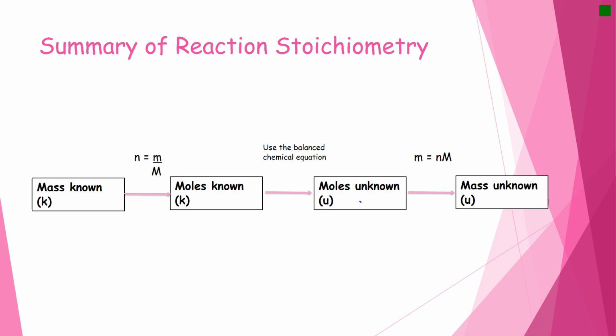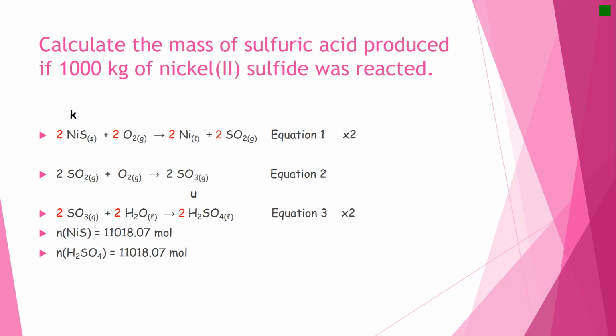Now we are here. We have our moles of our unknown. So the next step is we've got to find our mass of our unknown. Now to do that, we're going to do a rearrangement of the number of moles equals mass over formula mass to determine the mass of the sulfuric acid. Our final step of this stoichiometry is now to find the mass of the unknown. So the mass of sulfuric acid is equal to the number of moles times the formula mass. The number of moles was 11018.07 times the formula mass of 98.086, and this comes out to